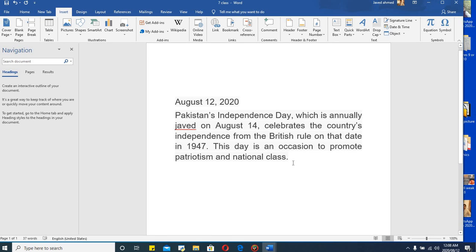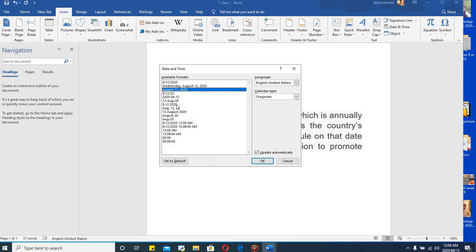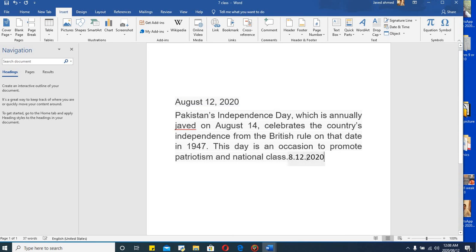Choose from the different formats here and insert them anywhere in the document, in the lines, paragraph, at the start or end of the paragraph.